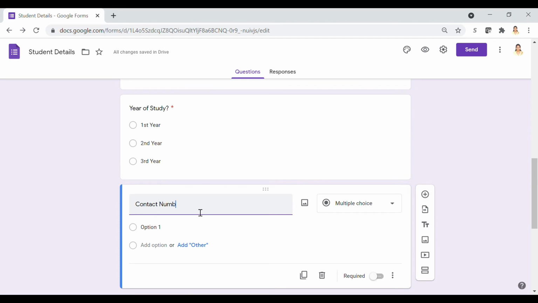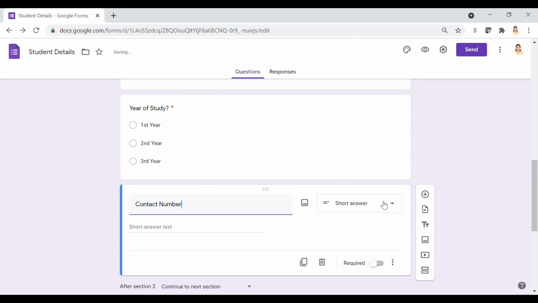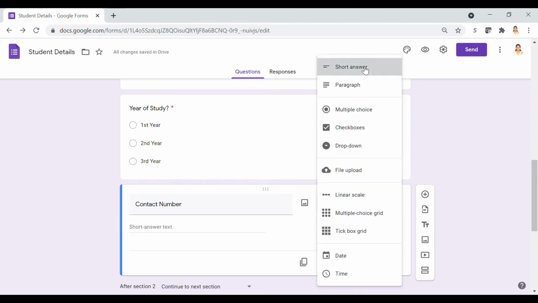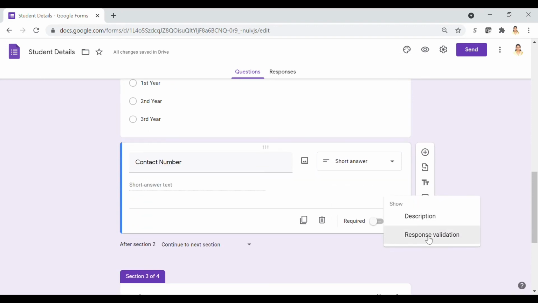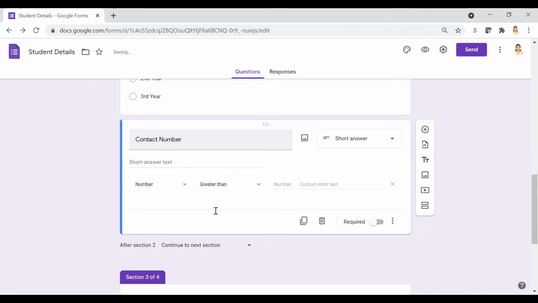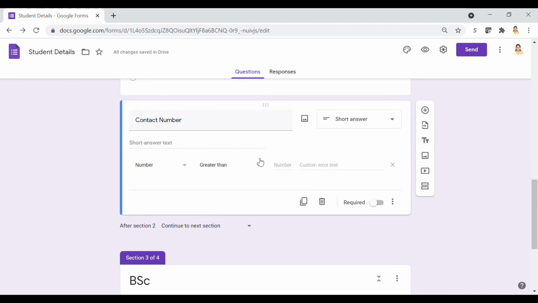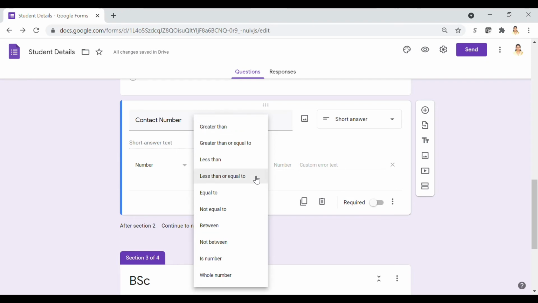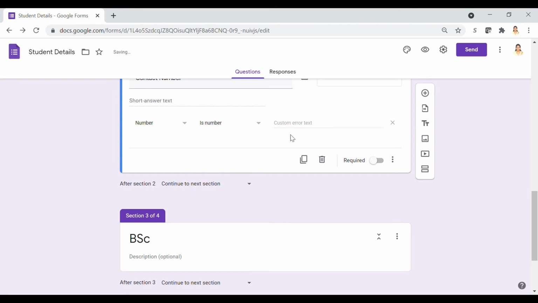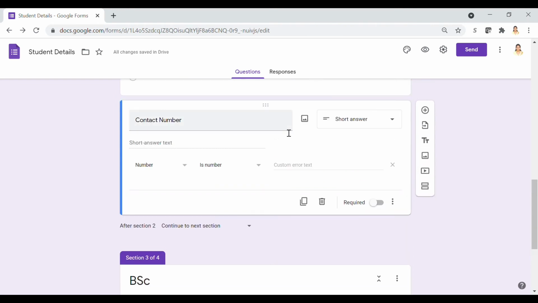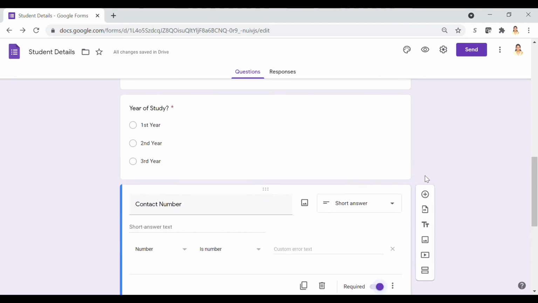For contact number, select it as a short answer and set validation for it to be a number. If we try to type text in it, it doesn't allow. There are different types of validations you can choose. This will control the input that the user is entering while filling the form, and make it mandatory.